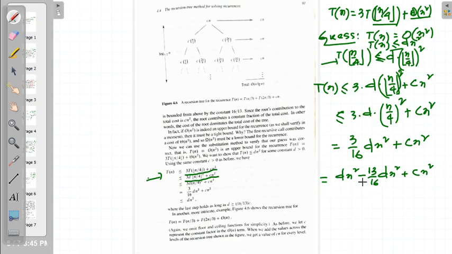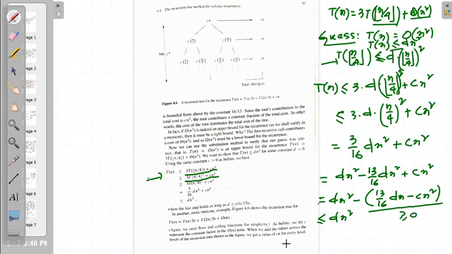So dn² minus 13/16 dn², right? Now I can write this as dn² minus (13/16 dn² minus cn²). Then this is less than or equal to dn², provided the bracketed term is greater than or equal to 0. So if 13/16 dn² minus cn² is greater than or equal to 0, that means